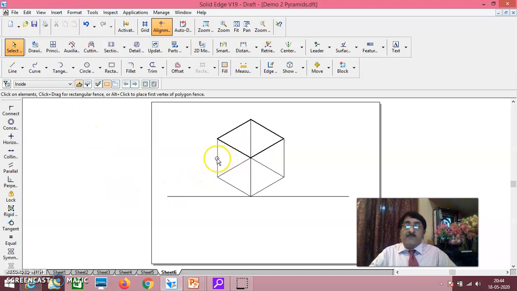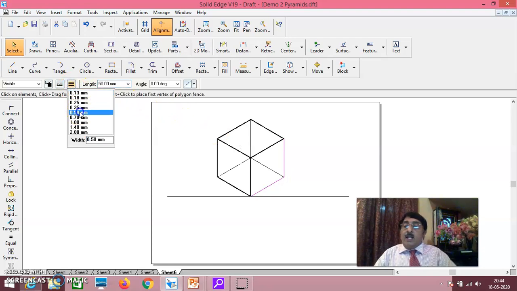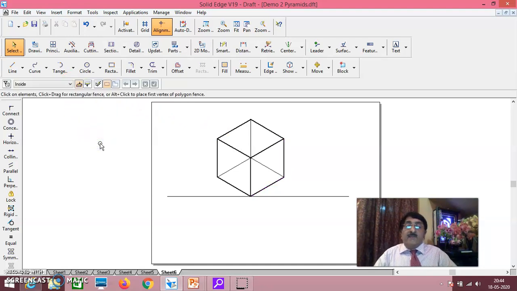Then keeping the control button pressed, you do this. Left surface is darkened. Keeping the control button pressed, make it 0.5. In that way, top surface is darkened, left surface is darkened, right surface is darkened.